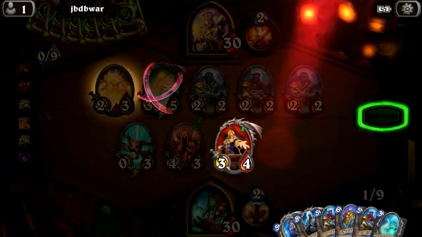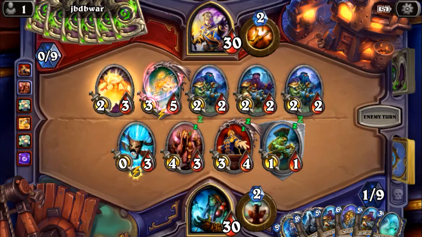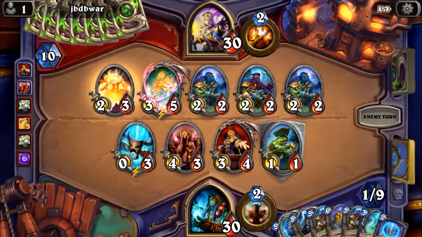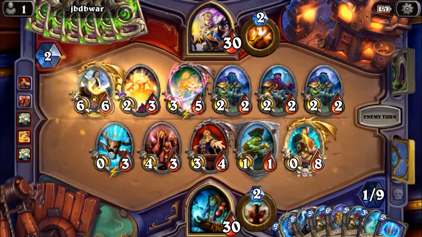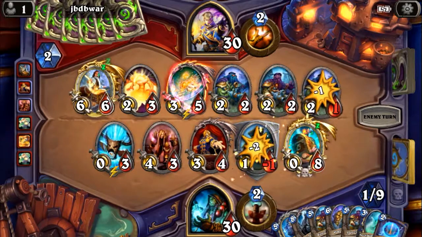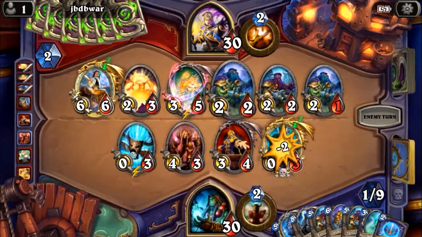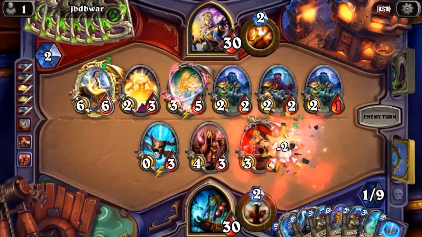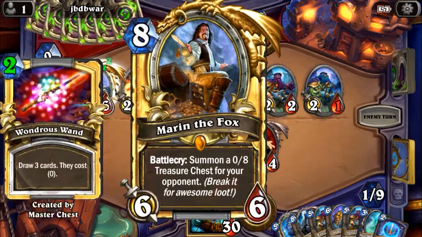Now I'm just trying to get stuff on board so that I can use my character to evolve them. So I just want to get some minions in play. He plays Marin the Fox, and I don't know if this is good or bad, but he completely goes after the Marin, which, oh man, if I could have protected that thing, I was hoping I could evolve it into something useful. But